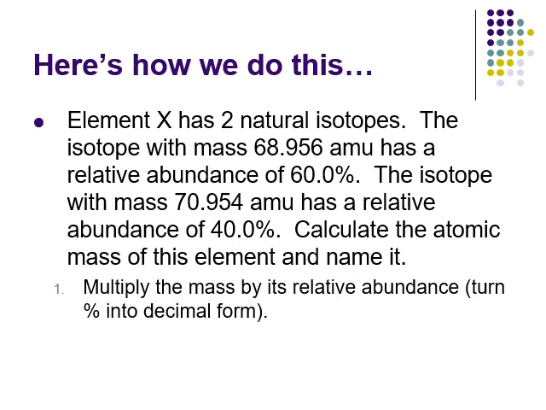So what we're going to do is multiply each mass, its AMU, by its abundance in decimal form. I want to stress that. We're going to take this mass and multiply it by this abundance in decimal form. How do you turn a percentage into decimal form? Divide it by 100. So I'm going to do the 68.956 times 0.6. We're also going to take the other mass and multiply it by its percent abundance as a decimal. That's what we have to do.